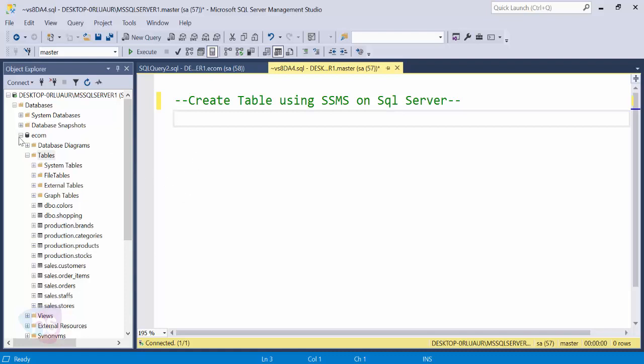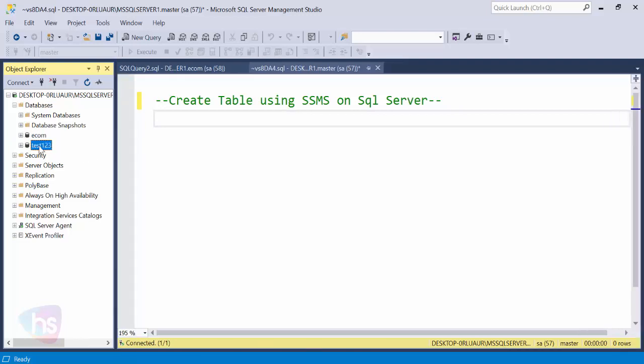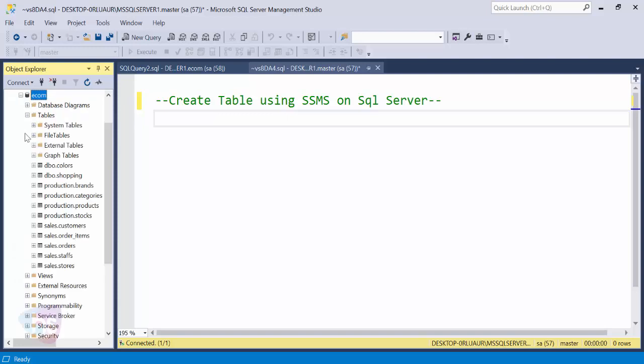These are the instances that will be displayed here. Once you log in successfully, which can be done with Windows authentication or SQL Server user-based authentication, creating a table is very easy. These are the database instances. You simply expand any one of the instances of your local testing database.